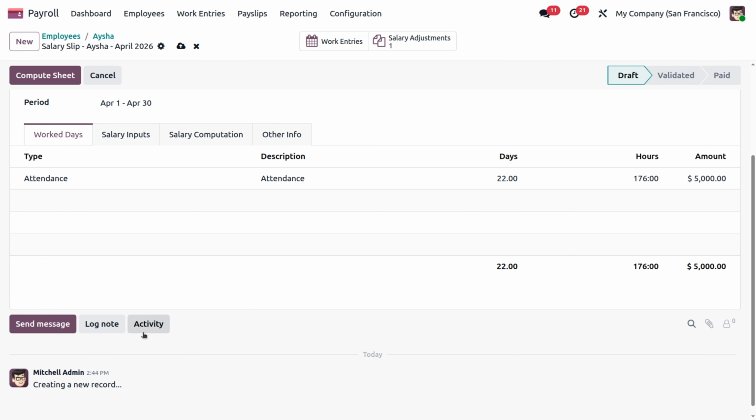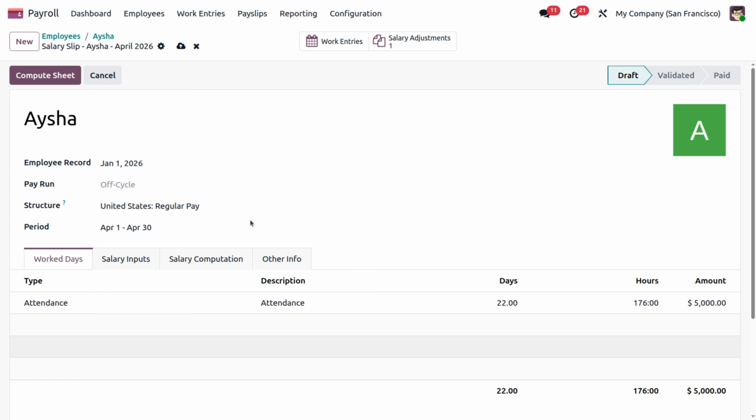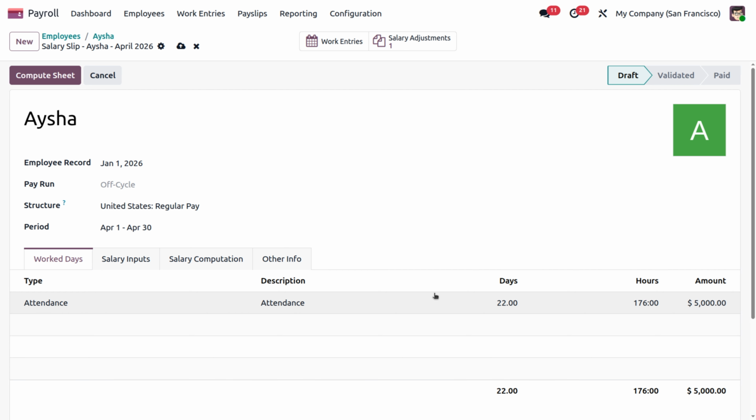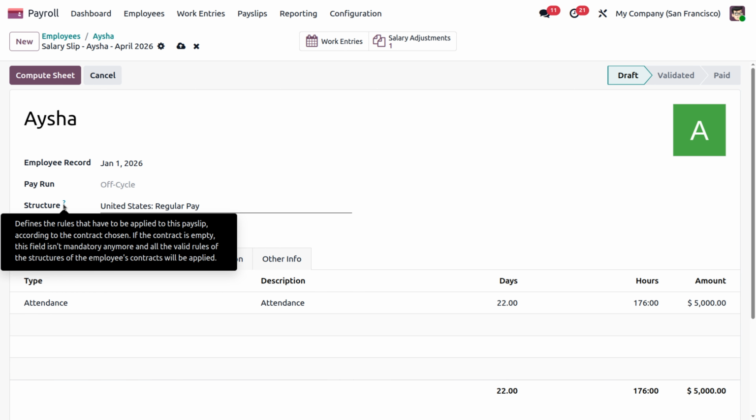Okay, and now you can see this is the attendance of Aisha, which is worked as 22 days. Now you can see the hours and the amount that we need to give. And now you can see the structure is provided here in an auto-populated way. So the structure actually defines the rule that has to be applied to this payslip according to the contract